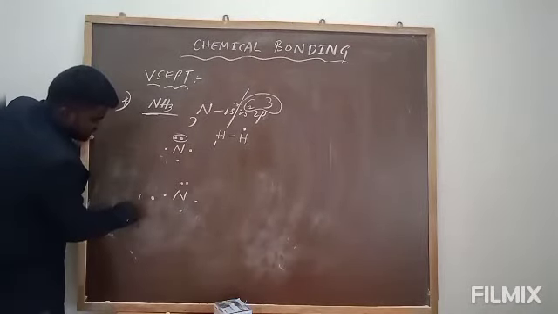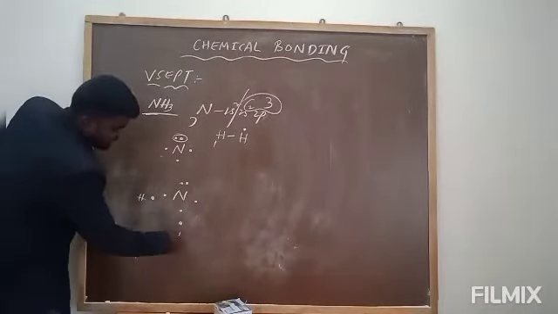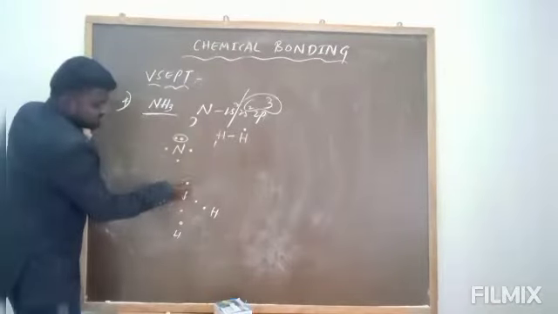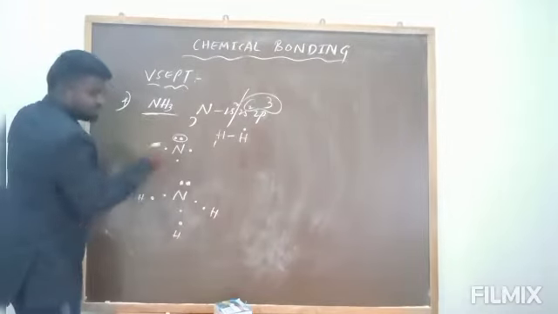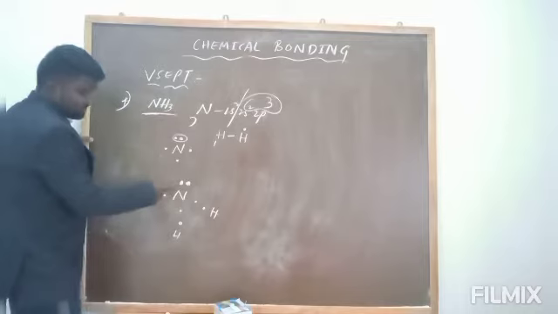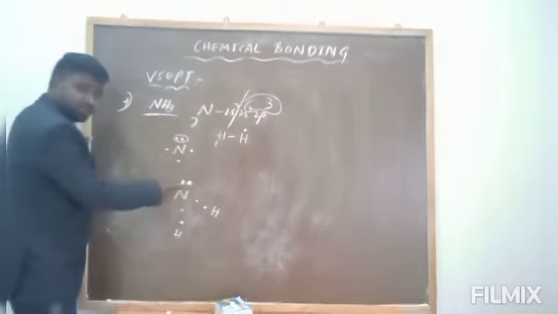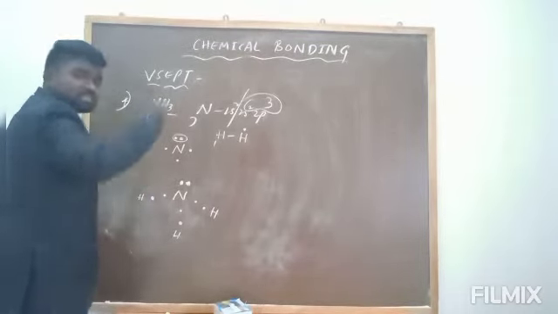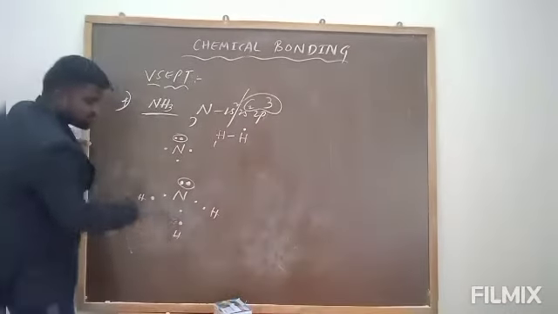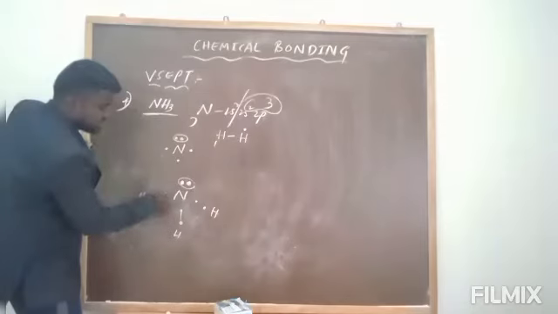Now it is a first bonding electron, second bonding electron, third bonding electron. Here, on the central atom a lone pair is there. So due to the presence of the lone pair, more repulsions will be there. On the central atom a lone pair is there, and the adjacent atoms contain bonding electrons.